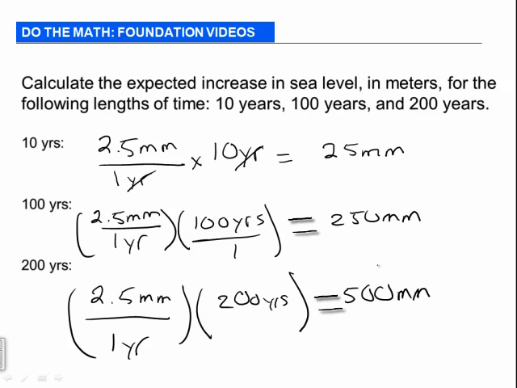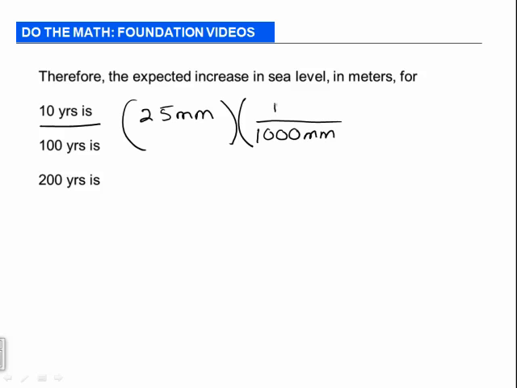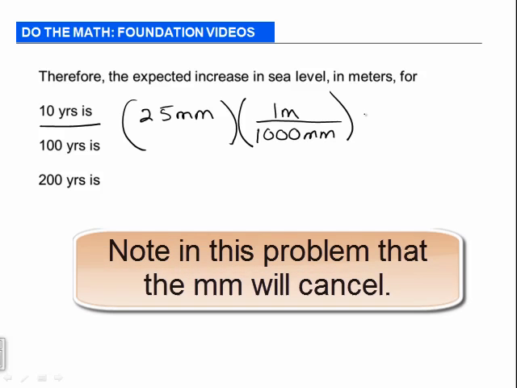Now, in the next step, what we need to do is take our numbers and convert them into meters. So for the 10 years, remember the number was 25 millimeters. And actually what you would do is, there's probably an easy way, you're going to divide by 1,000, but if you really want to know why, that's because there's 1,000 millimeters in 1 meter. And so if you divide by 1,000, in 10 years you get